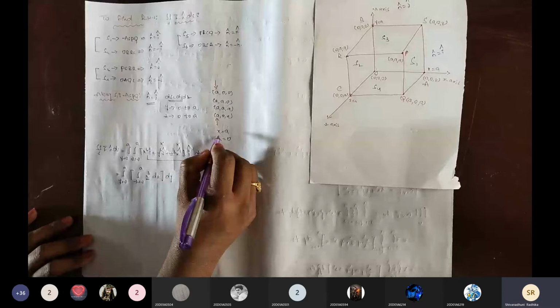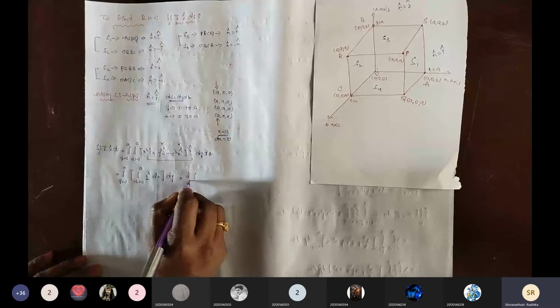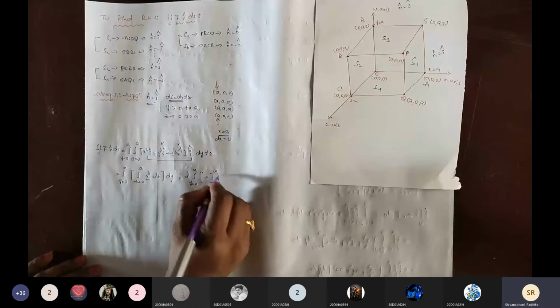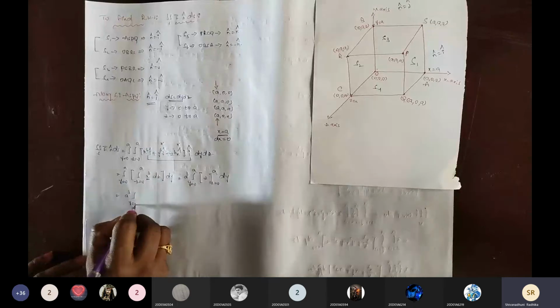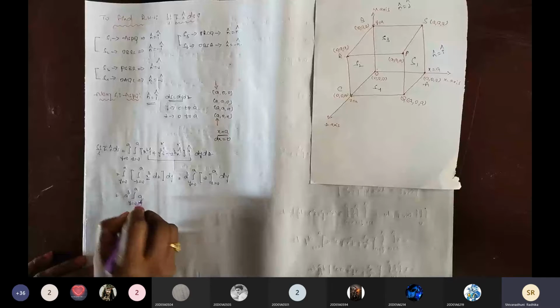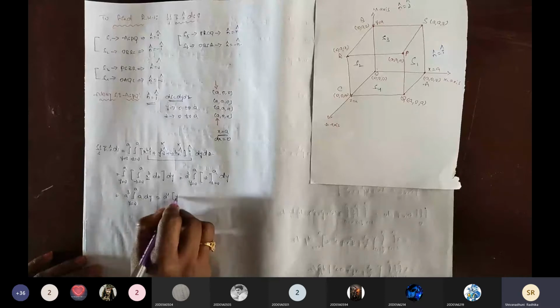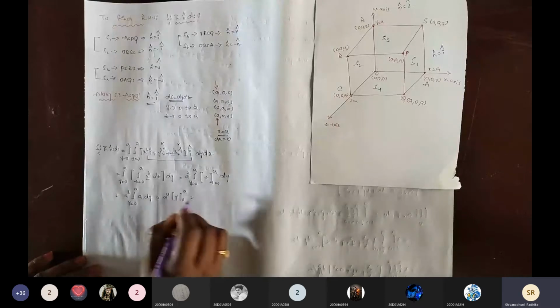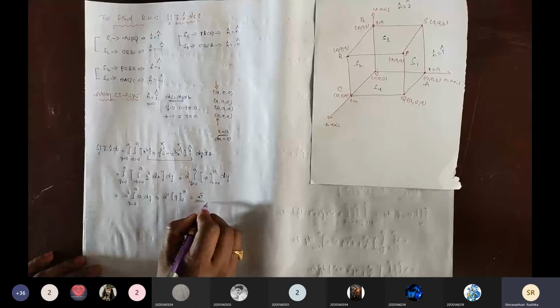See what is x? Already we have x equals a. A cube is a constant, taken outside. Integration over y from 0 to a, integration of dz is z from 0 to a, dy. So a cube, integration over y from 0 to a, again we have a dy, giving a cube into a, that is a power 4. Integration of dy is y from 0 to a, substituting the upper limit y equals a gives a power 5. So that is the S1 result.